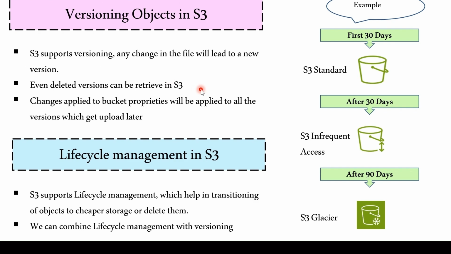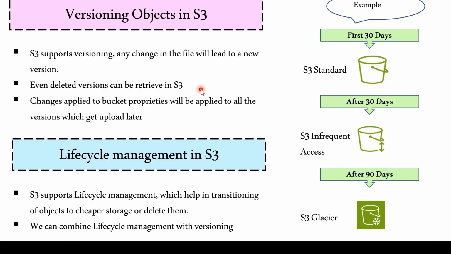Let's move forward to the versioning of objects in S3. Now, this is a very interesting thing which might come in most of the exams as well. S3 versioning: whatever files we are storing in the S3 bucket, if we change anything in that file and upload it again, it will create a new version. For example, if I created my HTML web page and uploaded that HTML file in my S3 bucket, and now I have changed something in my HTML file and want to upload it again, it won't override, but it will create a new version of that HTML file.